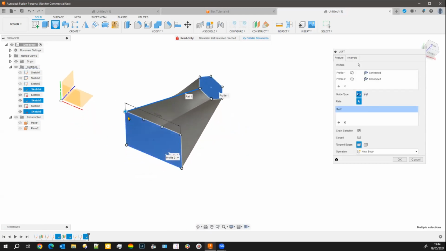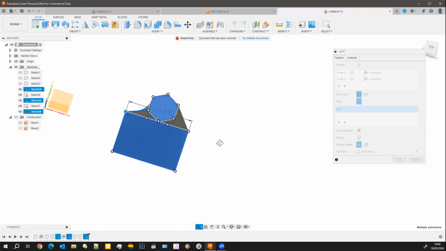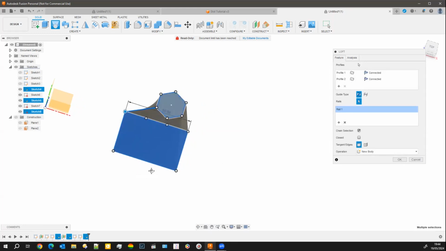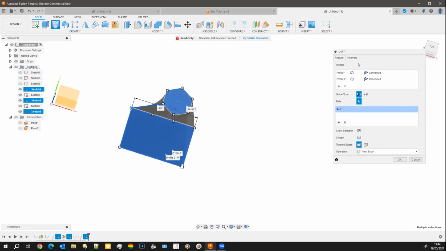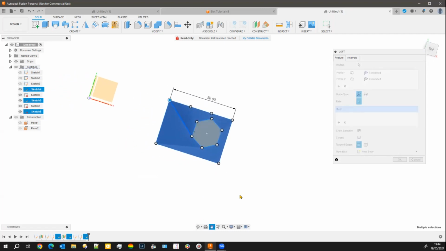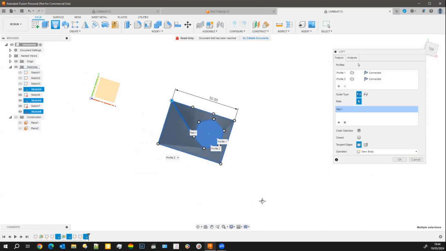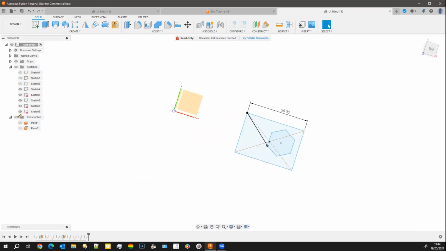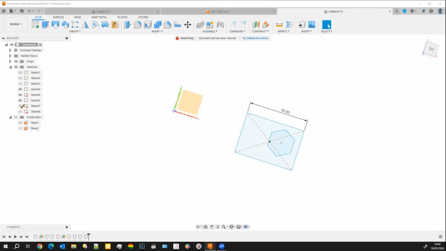So what we've got is this corner is now extruded up to that point. That one goes to the next point, and so on. Now obviously, if I was to take one of these other ones up as well and put two guide rails on, you can start to get all sorts of weird and wonderful shapes. Let's go back onto something else with guide rails for the moment. Let's turn that one off,